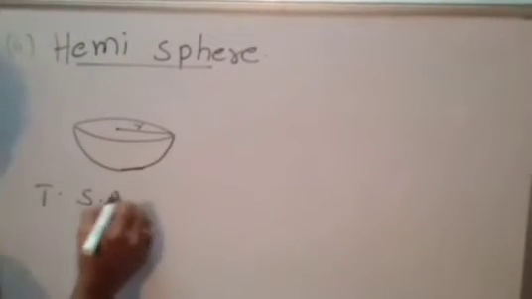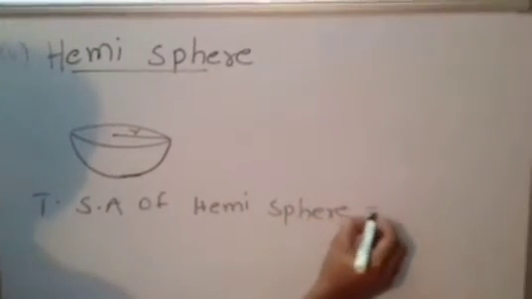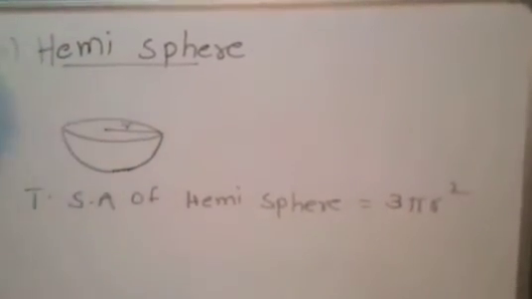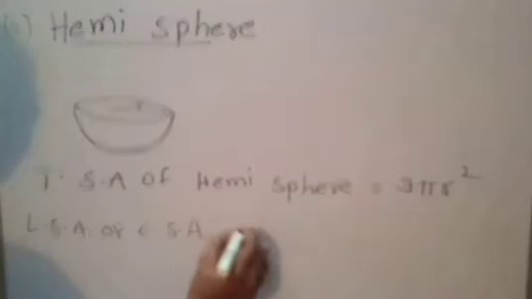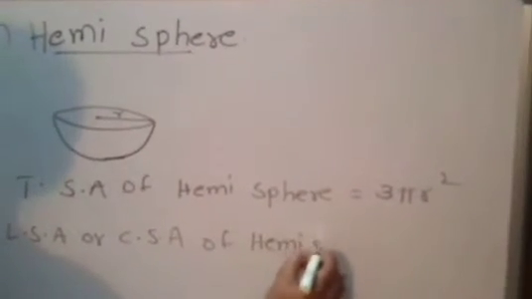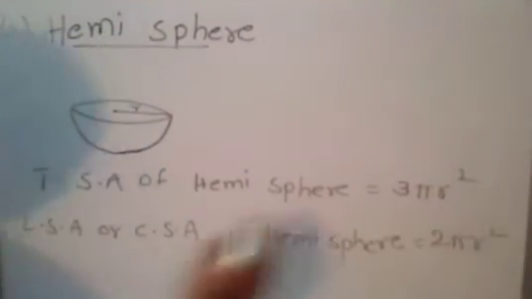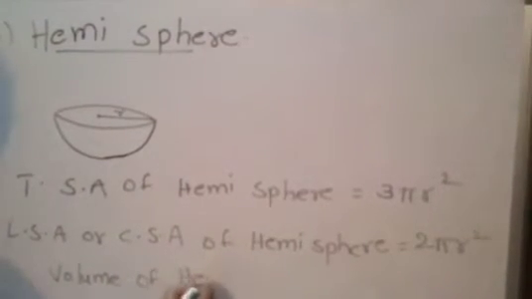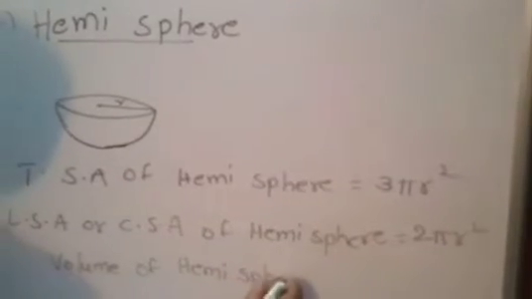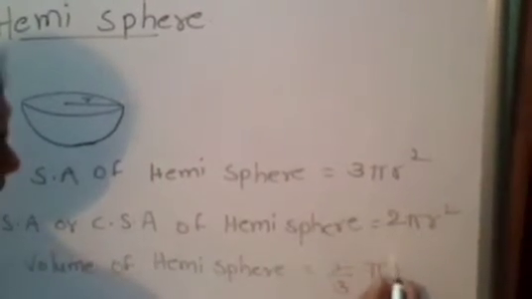Total surface area of hemisphere equals 3 pi r square, and lateral surface area or curved surface area of hemisphere equals 2 pi r square. Volume of hemisphere equals 2 by 3 pi r cube. And next,